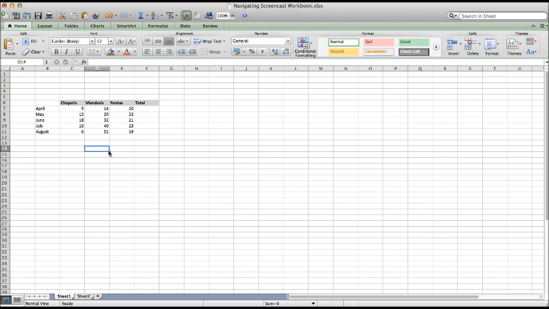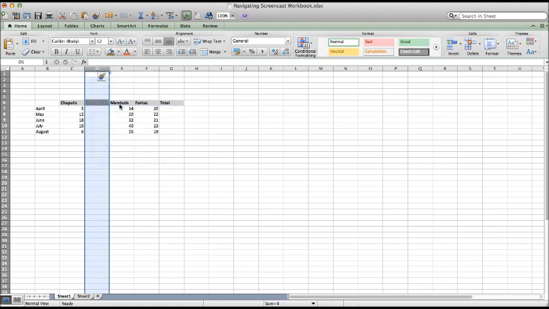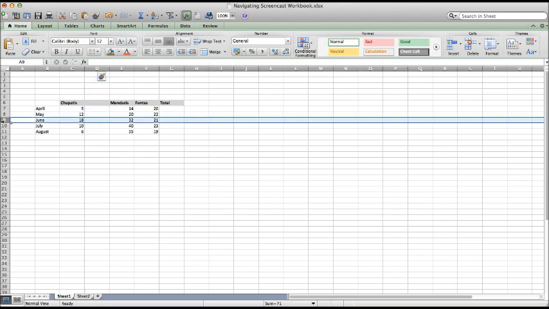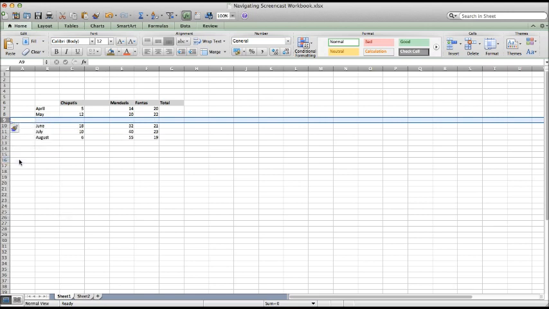You can insert them in two ways. You can right-click on a column where you want to add another, and then click Insert. There, your column appears. The same goes for rows. You click on the row you would like to add, and then Insert, and you have your new row. You can also use a keyboard shortcut to add columns and rows, and that works by highlighting the row you would like to add the column